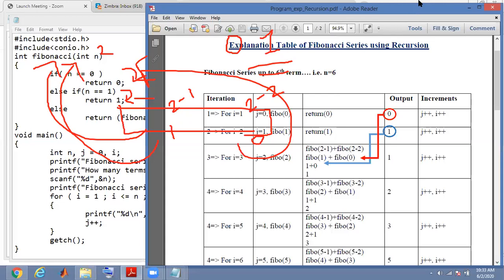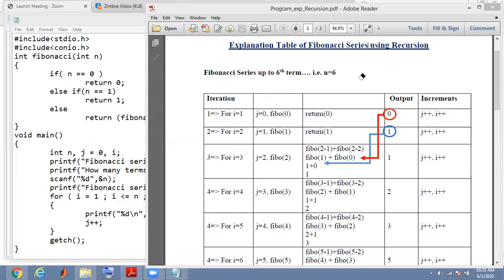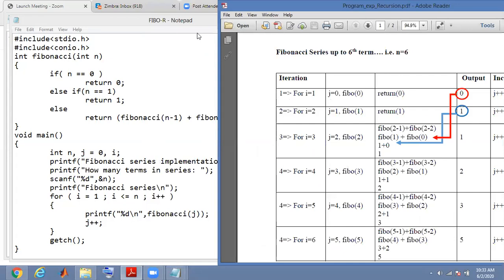Now let's go to the explanation table. See what it is saying: when i is equal to 0, j is equal to 0, Fibonacci of 0 has been called, it will return 0, and the output stream will print 0.